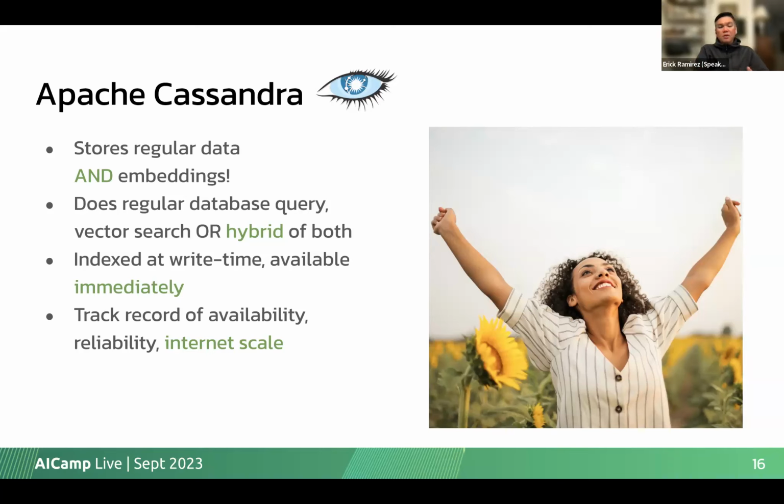And here's one of the biggest points too. Apache Cassandra has been around for over 10 years. DataStax as a company has been around for over 11, 12 years. When you're making a choice of which vector database to use, you need to make sure that you go with someone you can trust. You want someone with a track record of providing high availability, reliability, and being able to scale.